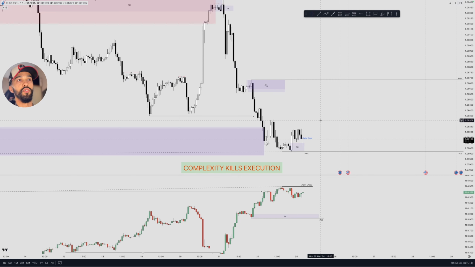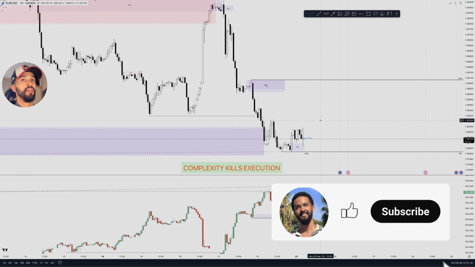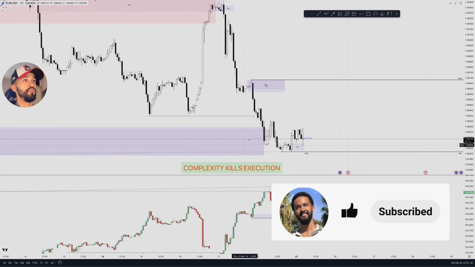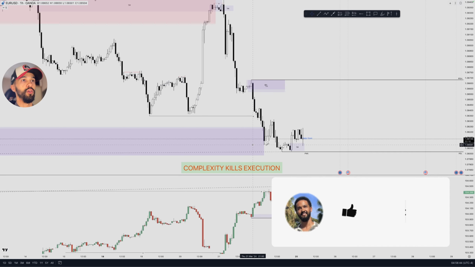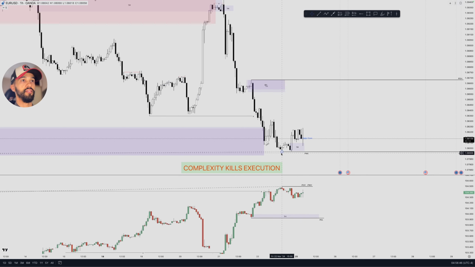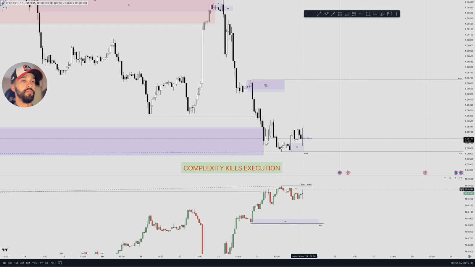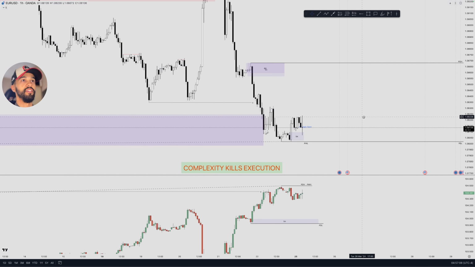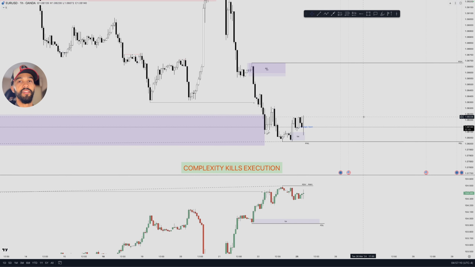So things get a bit more interesting here on the hourly. So let's take our time and discuss this. Of course, these are the same 4 hour and 1 hour POIs that we're being held by. This is that SMC divergence. As you can see, on Friday into Monday, we did not make a lower low here. Price held and had this bullish move, and on DXY it also failed to make a higher high and pulled back a bit lower. Now that doesn't mean price is reversing, but it might be an early signal